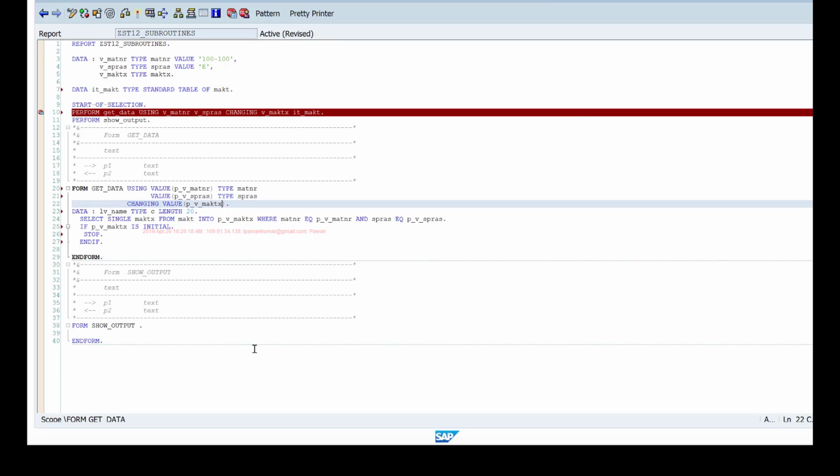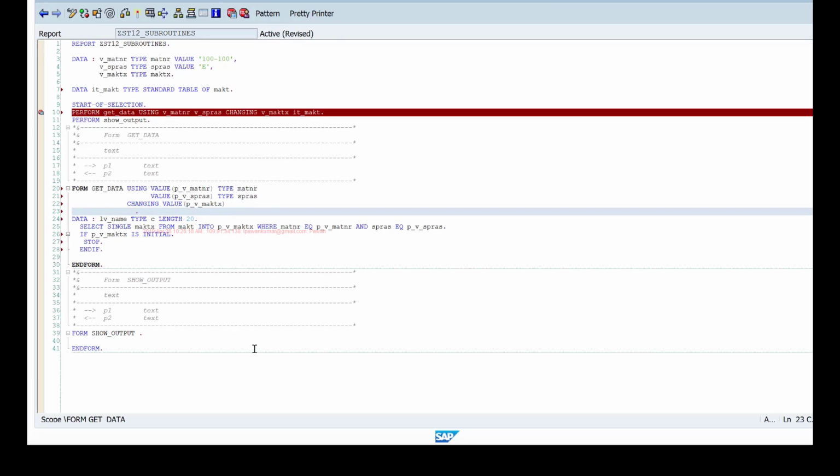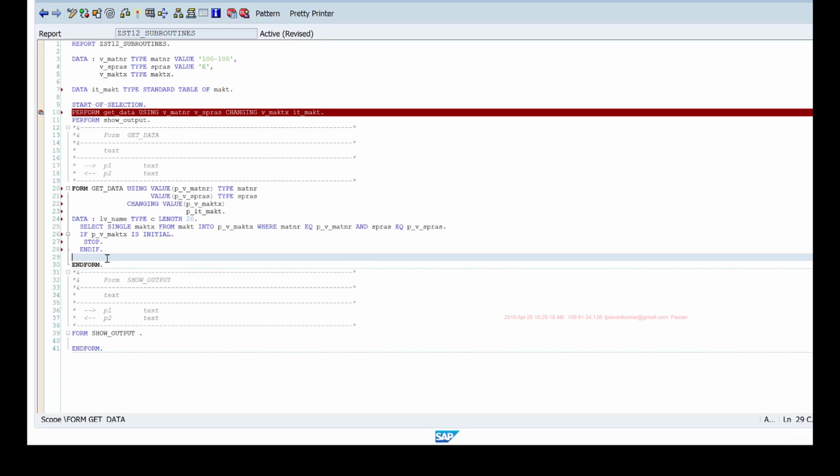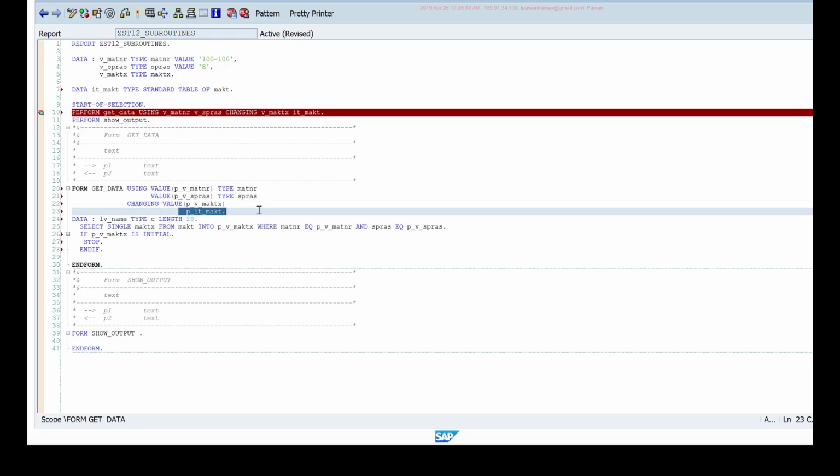Then here I can say simply, if I want to pass by reference, I can say P_IT_MAKT. Then if I don't type it, then at runtime it will dynamically determine that this is an internal table and use it as an internal table, but statically I won't be able to treat it as an internal table.